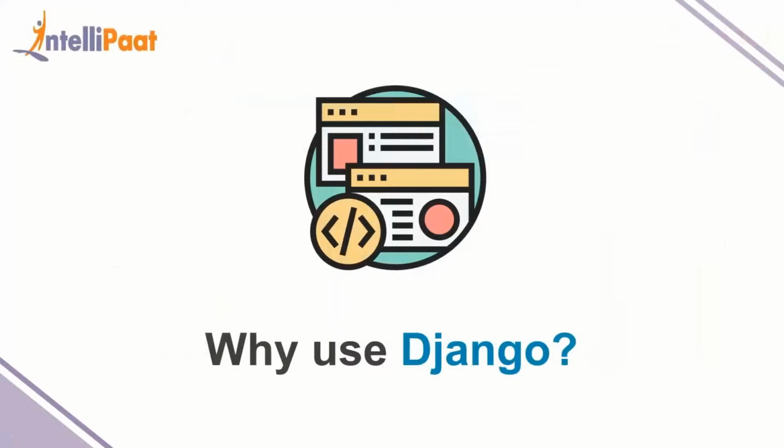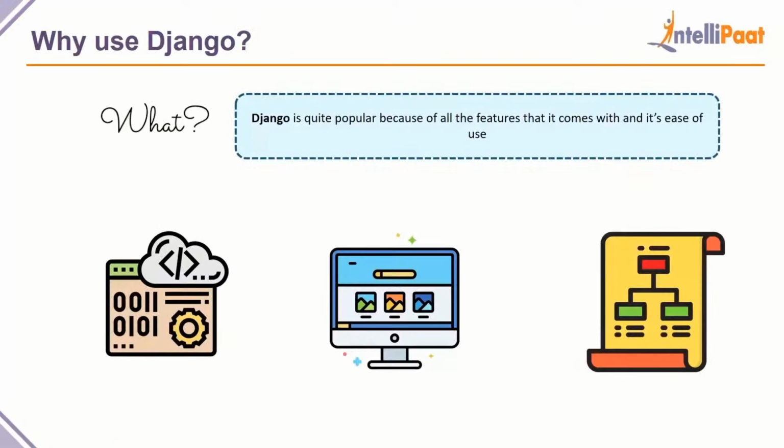Now let's take a look at why you should want to use Django. As we've already discussed, Django is quite popular among the web development community, especially if you know Python, because Python is one of the most popular languages right now. So why would you want to use Django when there are so many options available already? Django is quite popular because of all the features that it comes with and its ease of use. One of the major advantages that you get when you're using a web application development framework that is as tried and tested as Django